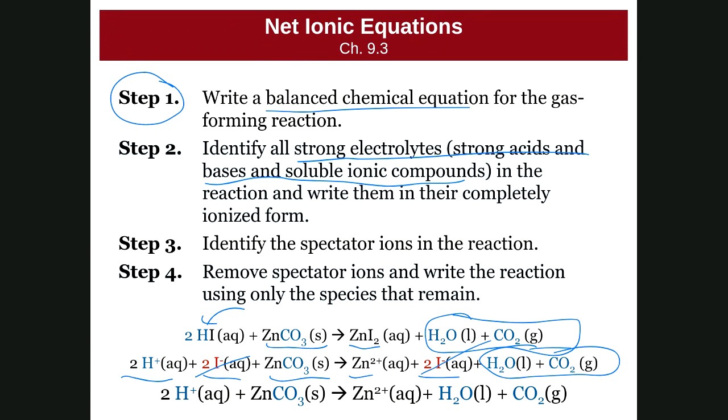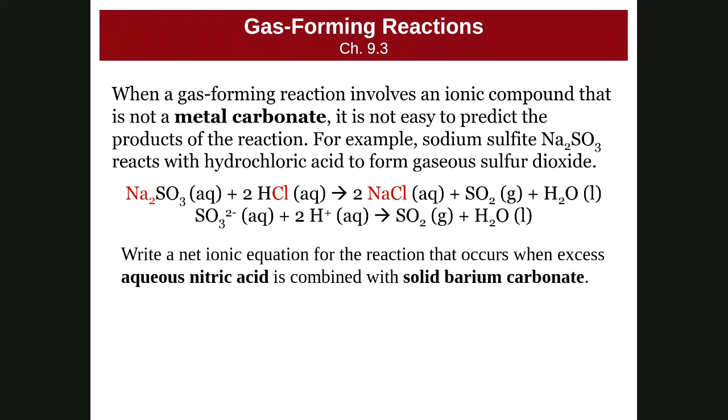Everything else is needed on either side of the equation in something that does not dissociate. So we have 2 protons reacting with zinc carbonate. The protons came from our acid, and we're forming zinc ion, water, and carbon dioxide. That is our net ionic equation. The only thing we were able to get rid of was our iodide ion. Okay,